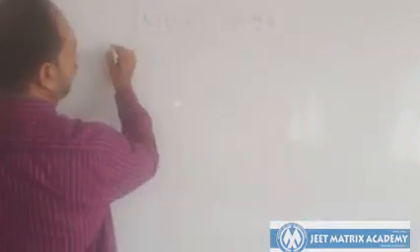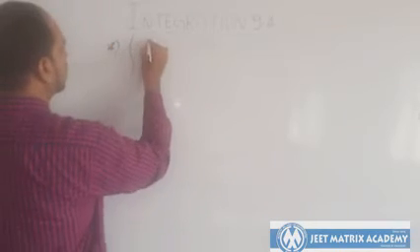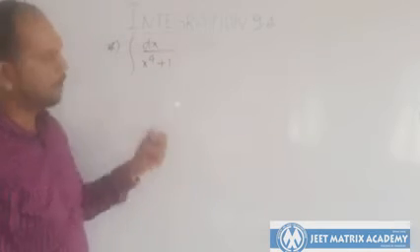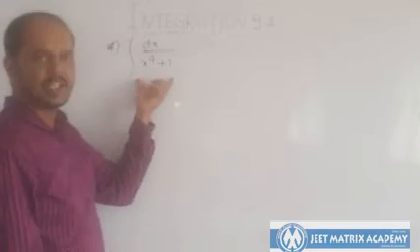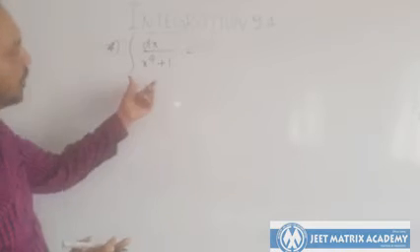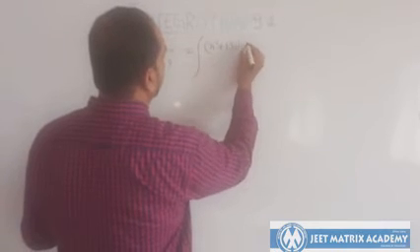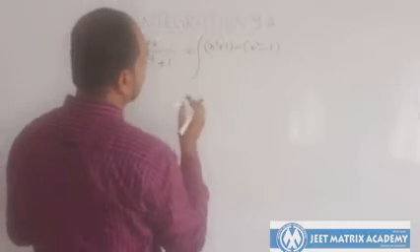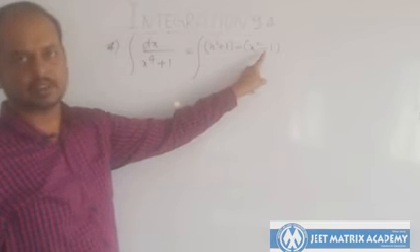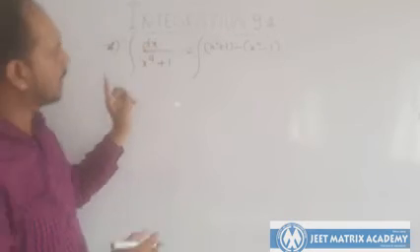So the last problem is integration of dx divided by x to the power 4 plus 1. Very interesting problem. Okay, so how can we write this? I am supposed to manipulate the numerator very systematically, so that I can write (x square plus 1) minus (x square minus 1). So when you open the bracket, x square gets cancelled. This is 1, this is plus 1. Okay, so the numerator becomes 2. But here it is 1 dx. So what am I supposed to do?